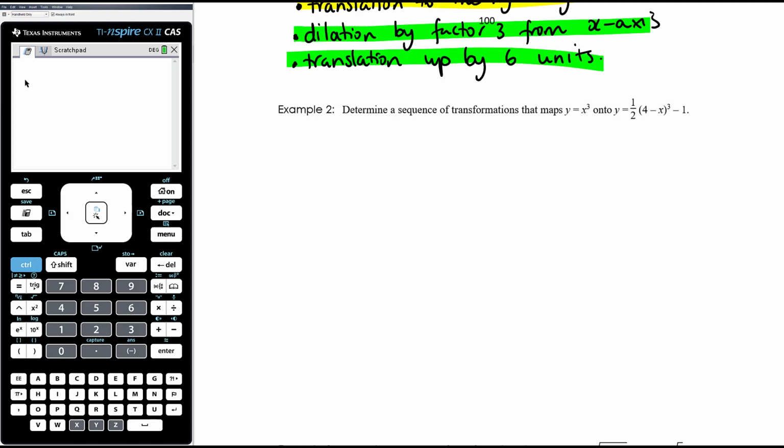Determine a sequence of transformations that maps y equals x cubed onto y equals half times 4 minus x all cubed minus 1. Okay, so we're going from y equals x cubed to y equals, so it's really important that you're clear about which is the image, which function you're going from what to what. Okay, so it's 4 minus x all cubed minus 1. Okay, so this is the image on the right, this is the resulting function, so that's the x dash and the y dash. Okay, we want to get them in the same shape,